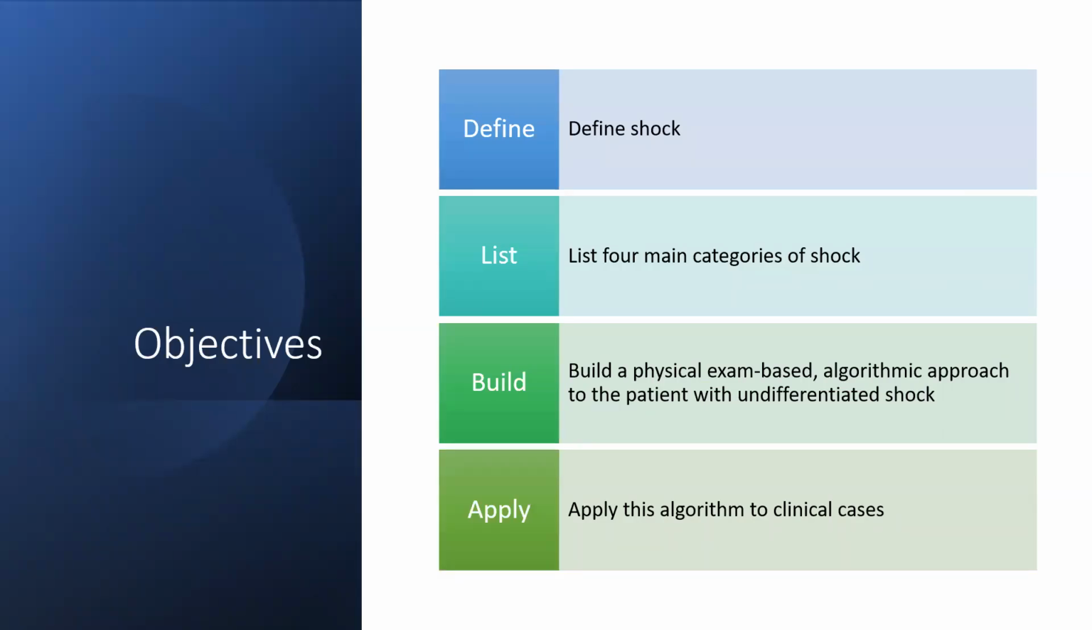So you guys did an awesome job. We defined shock. We said shock is inadequate organ perfusion, inadequate blood supply or oxygen delivery to meet the demands of the body. That often manifests as hypotension or encephalopathy or decreased urine output, maybe on labs AKI and elevated lactate. We listed 4 main categories of shock: distributive, hypovolemic, cardiogenic, and obstructive. We built this physical exam-based algorithmic approach to a patient with shock and applied this to cases. Be reminded that the algorithm is a little bit imperfect,